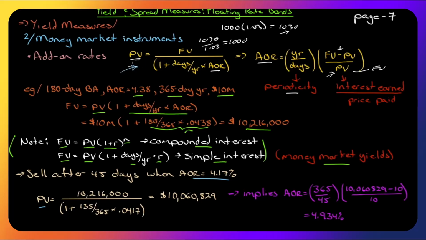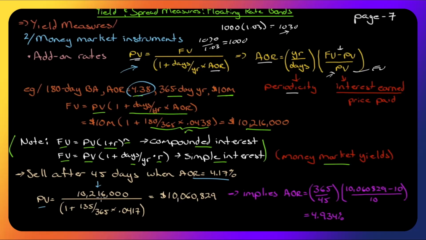That's what we were working with that for. Well, we know what the future value is going to be of this 180-day banker's acceptance. We know what it is now. It's going to be $10,216,000 because it was calculated with this add-on rate of 4.38%. That's not going to change. No matter what happens as time passes, we're going to get $10,216,000. That's a done deal. So if we want to sell it after 45 days, well, what's it going to be